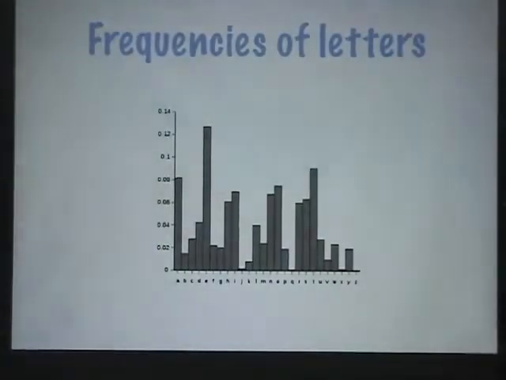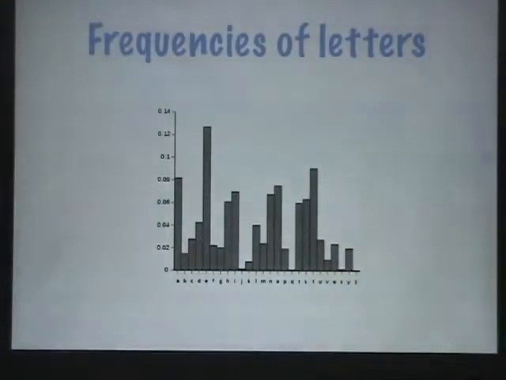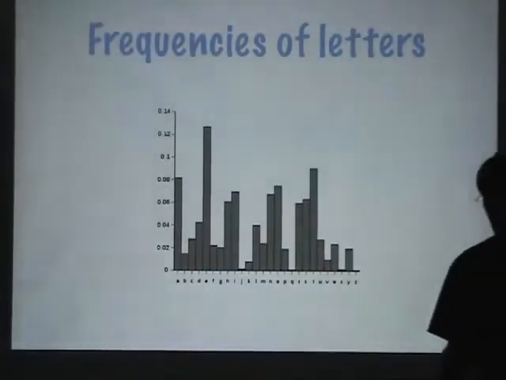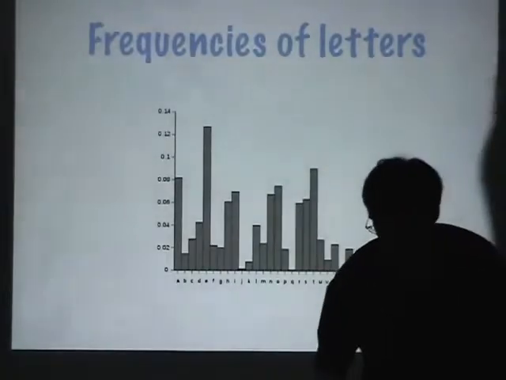So this is the frequencies of the letters in the English language. And E is, in fact, the most common. That would be a good choice. But actually, A is a good choice as well. T would be a good choice. There's a number of good choices, but in fact, E is the best one. So we don't need to know that much about English to be able to play hangman with some